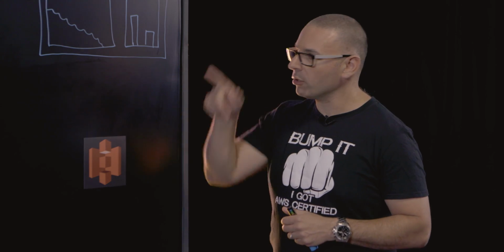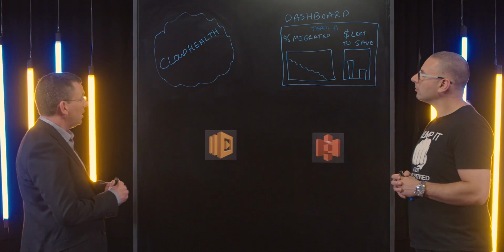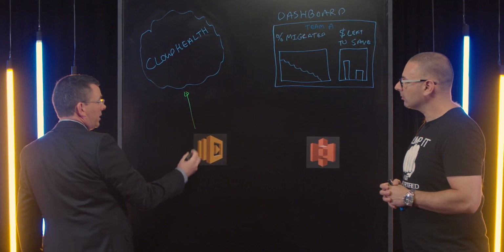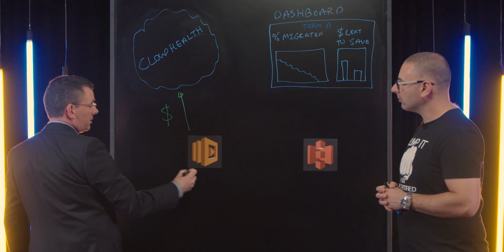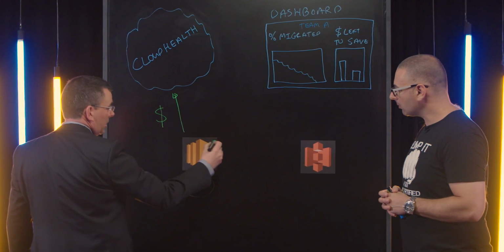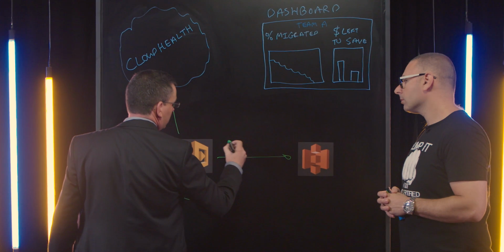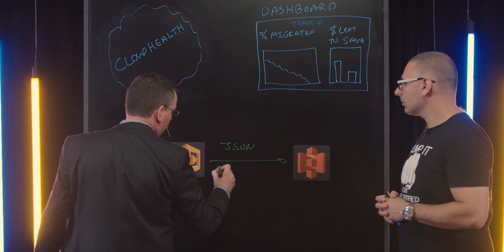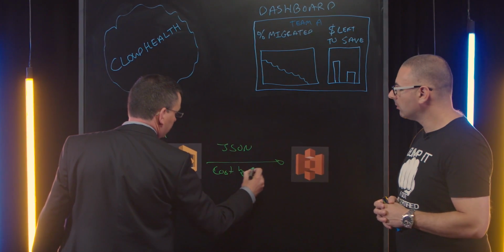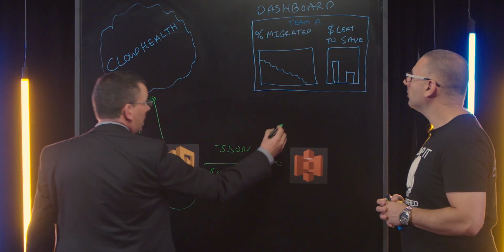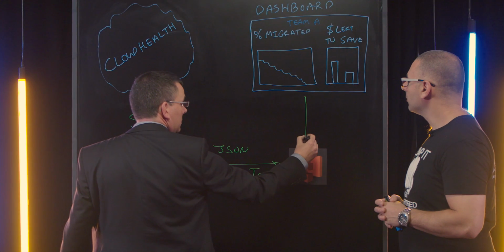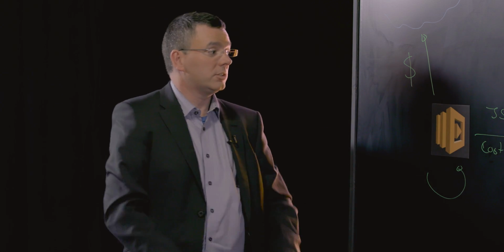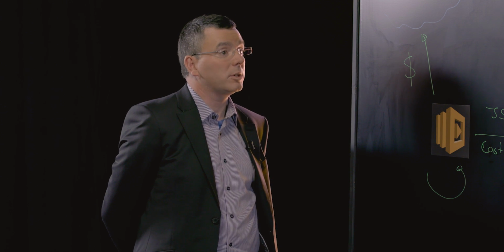So how did you build that process? So basically we use Cloud Health. We have a Lambda function, and from Cloud Health we get the costs. There's a Lambda function here that will create a JSON blob and put it into S3, and basically that JSON is costs by team. And then we have a dashboard. There's basically some JavaScript and some HTML that sucks the JSON out and displays costs by team or cost by